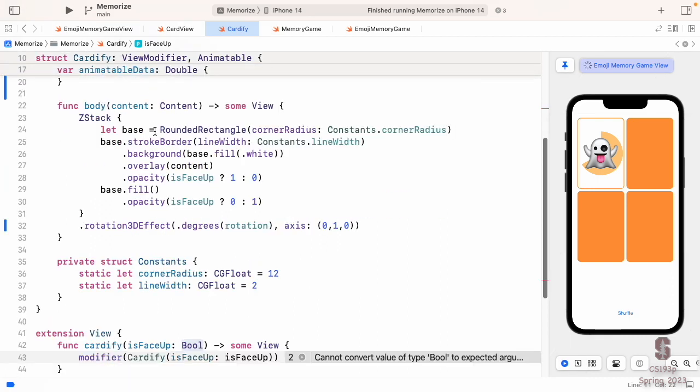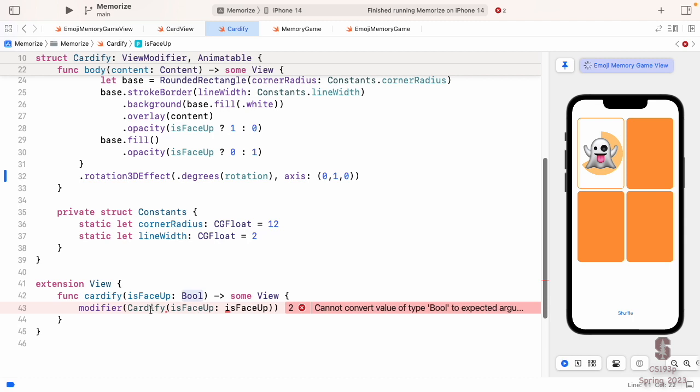The problem is down here. Look at this error. Cardify isFaceUp, isFaceUp. Well, oh yeah, okay, I've changed its rotation, but I don't want someone who's calling Cardify to have to say Cardify rotation equals 0, or rotation 180 if it's up. I still want them to say Cardify isFaceUp. How would I do that?